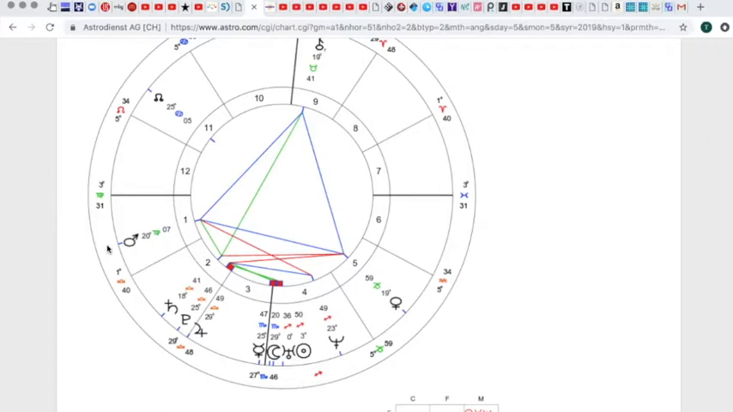So here we have Mars. Mars is my aggressions, my sexual energy, how I pursue my goals, how I pursue my lovers, my actions, and my anger. And it's in Virgo. Now, one thing about the planets being the actor